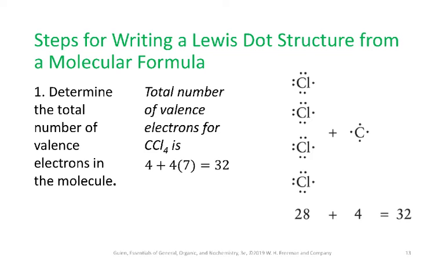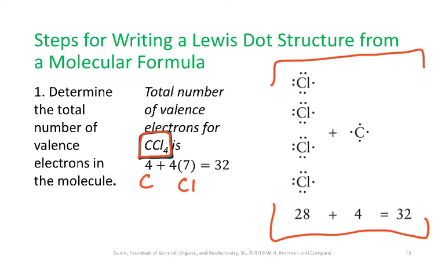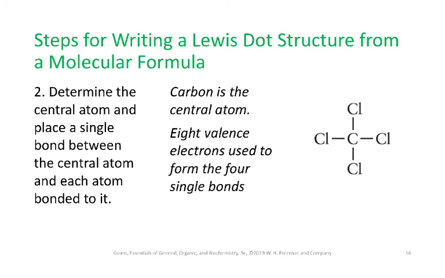So here we have an example of CCl4. And so the total number of valence electrons is 4 for the carbon, 7 for each chlorine times 4, which is 32. And we see it here pictorially with the symbols. So chlorine has 7 for each one, for a total of 28, plus carbon has 4, so we get 32. So we keep that number written down or off in our head, and then we determine, well, step 2,